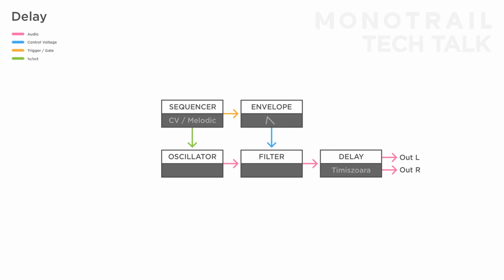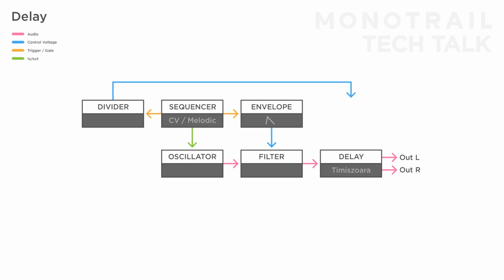But delays are very suitable for interesting time-based modulation. You can use the sequencer's clock and clock divider to create interesting divisions. In this patch, a slow division is used as a modulation source and sent through an attenuator to modulate the time. You can use the time control on the delay and the attenuator to create two interesting values that both